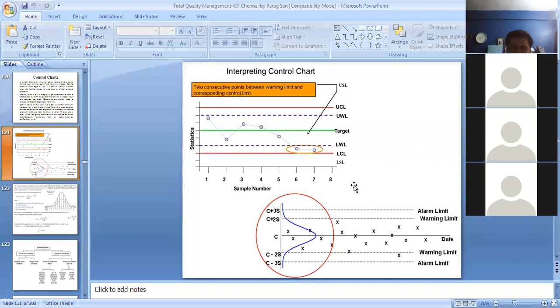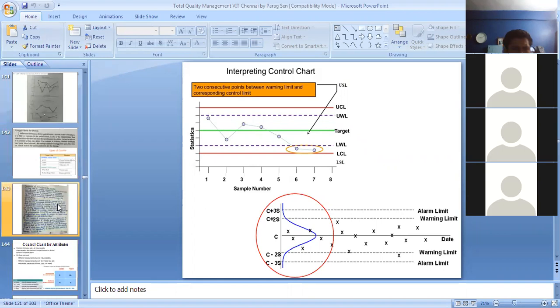In that case, many data points will be found beyond the specification limits, because you don't know about the central tendency of the data, or where actually your target, the mu or the mean value, is located. So that is a problem.